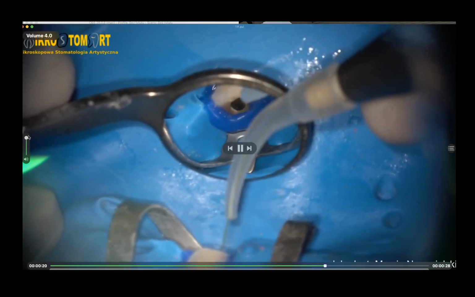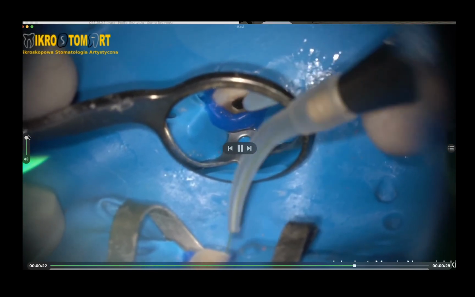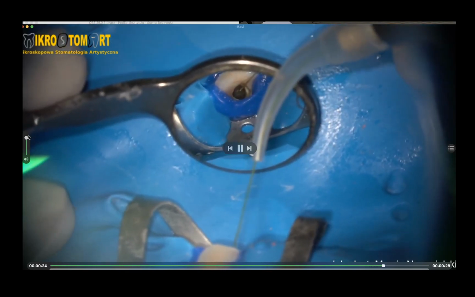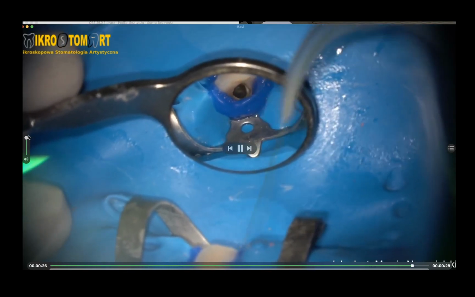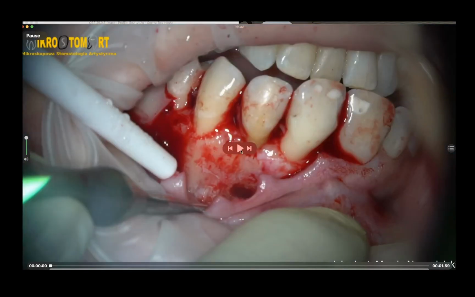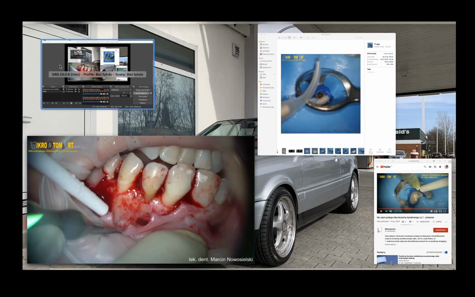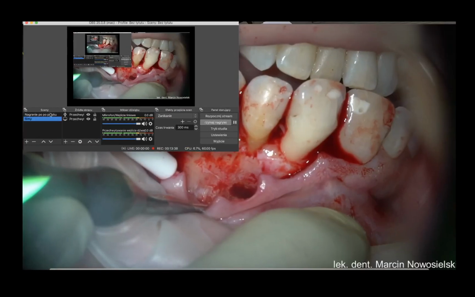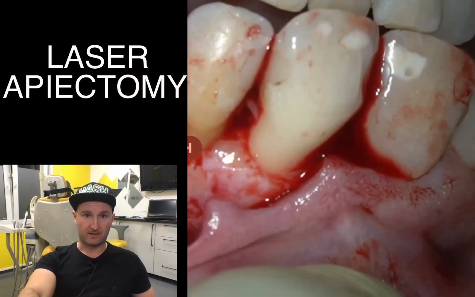We do not see the wavelength, because it is not visible for our eyes, but it penetrates very deeply into the